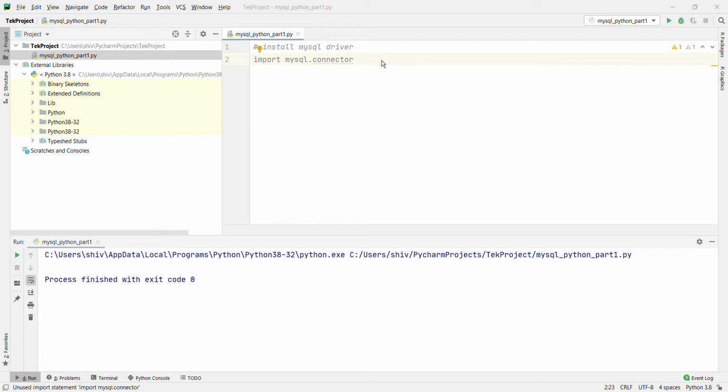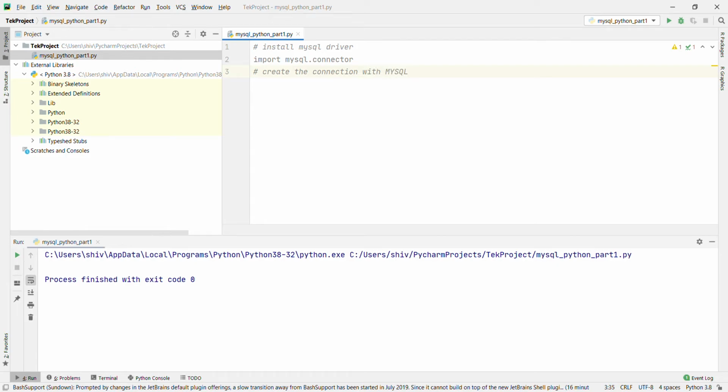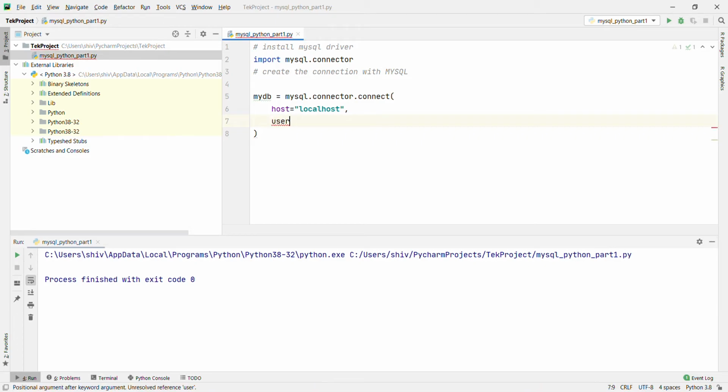Now we are going to create the connection. I am going to show you how to create the connection with MySQL. For that, we use mydb equal to mysql.connector.connect, and we have to pass the host name, that is localhost, comma, username.